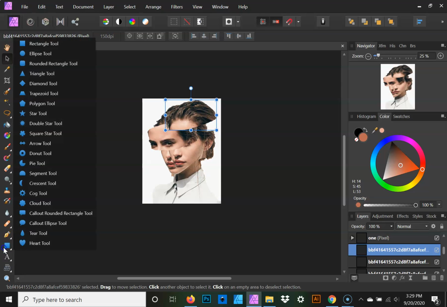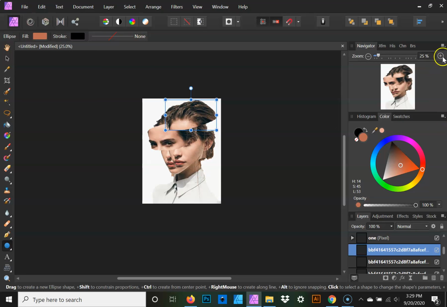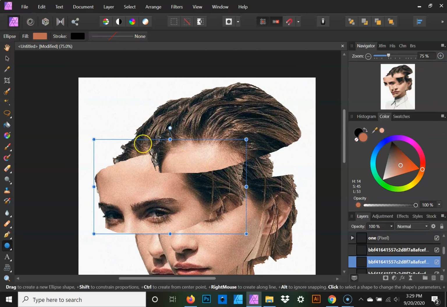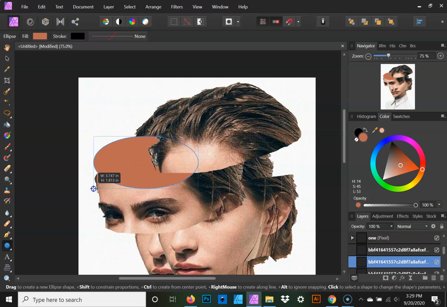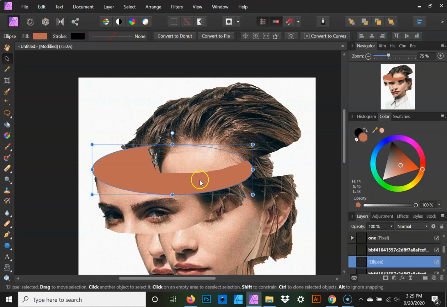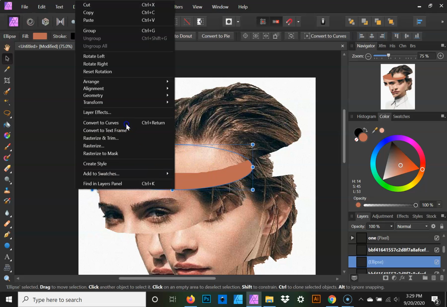Alright, all I'm going to do is use the shape tools, circle. So for this one, make sure I select the second one, and I'm going to cut here, reshape, and with this you can actually right click, convert to curves,